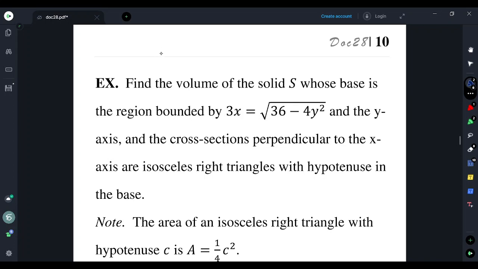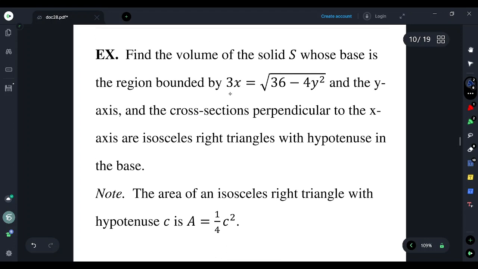Okay, so let me do one more example. In this example, we're going to find the volume of the solid S, whose base is the region bounded by 3x equal to square root of 36 minus 4y squared, and the y-axis, and the cross sections perpendicular to the x-axis are isosceles right triangles with hypotenuse in the base. What we mean here is that